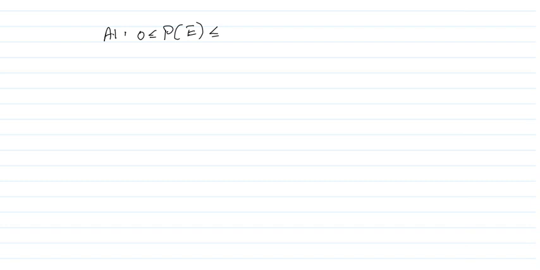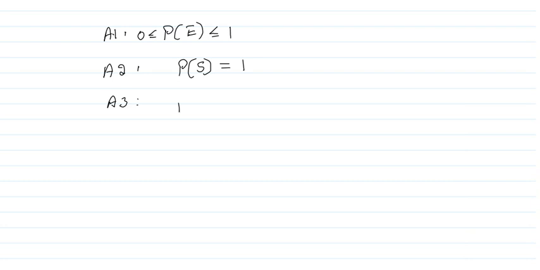So let us see what the three axioms of probability are. Axiom 1: the probability of an event always lies between 0 and 1. Axiom 2: the probability of the entire sample space must be equal to 1. And A3: